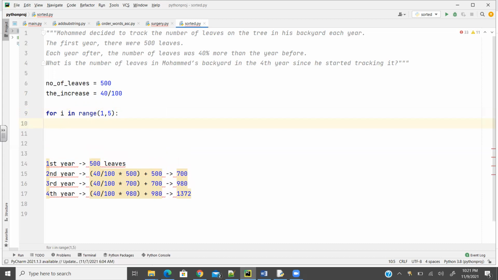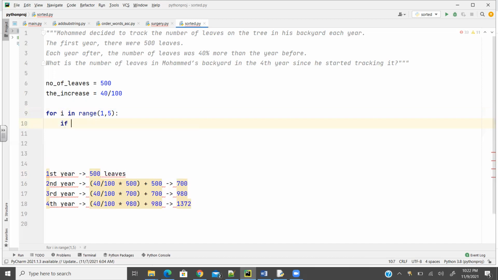Then I need to say something, guys. In the 1st year, it's already 500. So we're not doing anything in the 1st year. We're just going to use the 500 that we have. However, after the 1st year, so coming to the 2nd year, we need to do some computation, just like this, right? So I would say